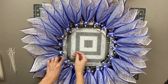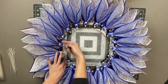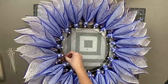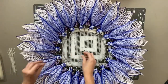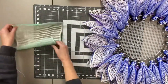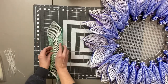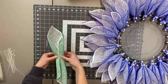So I'm going to try to go again where the purple was, so we're in between these blue ones, okay? Kind of just stick it partially through that plastic canvas and come out on the other side of that 4th ring. That's where I want to start. As I go further in the wreath, I'm not going to leave as much of a gap to squeeze. I'm going to go almost completely together,